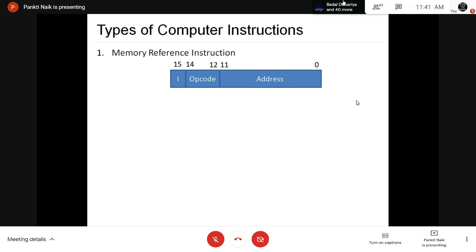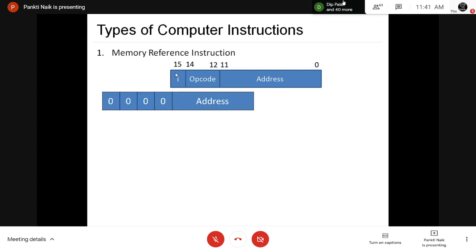In a memory reference instruction, the first 12 bits are used to store the address. Then bits 12, 13 and 14 are used to store the opcode from 000 to 110. And the first bit is used to store the instruction type, either indirect instruction or direct instruction.